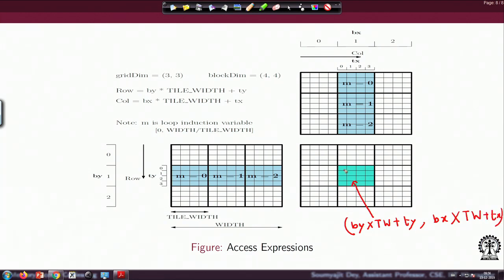Right. So, block ID y times the tile width plus thread ID y, comma, this is block ID with respect to x. So, what is this block ID times the tile width? So, you come up to here and then the thread ID x, right.